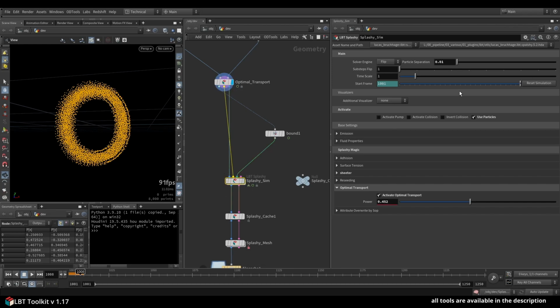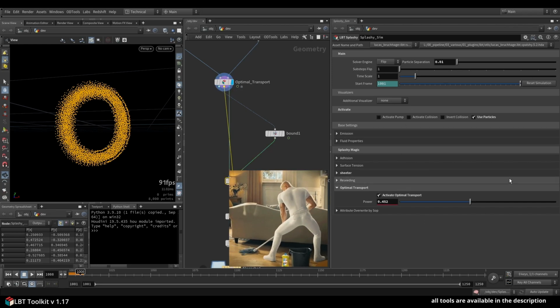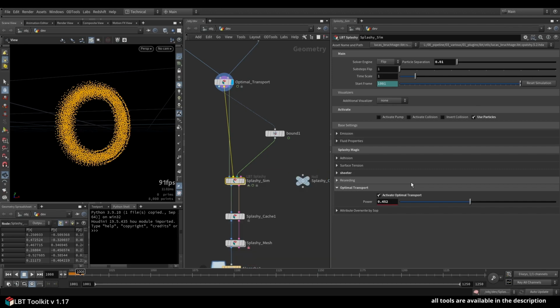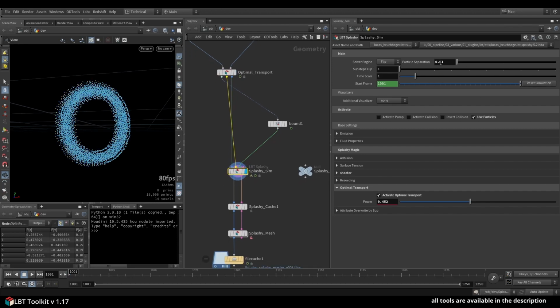Then in Splashy you can see again a lot of cleanup on the surface. It looks way cleaner now and you can actually find your stuff. And you can see there's a new option called optimal transform. In there you can pretty much just activate it and define a power, like how strongly it should affect. And you can see if I reset the simulation, just make sure you reset it. Particle separation should be at